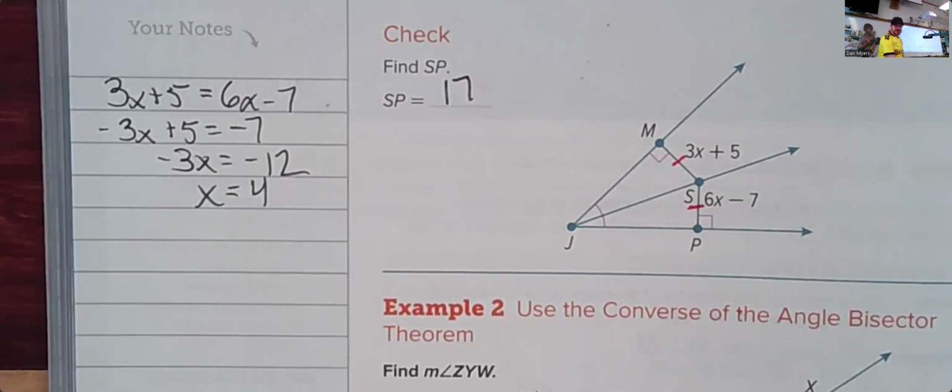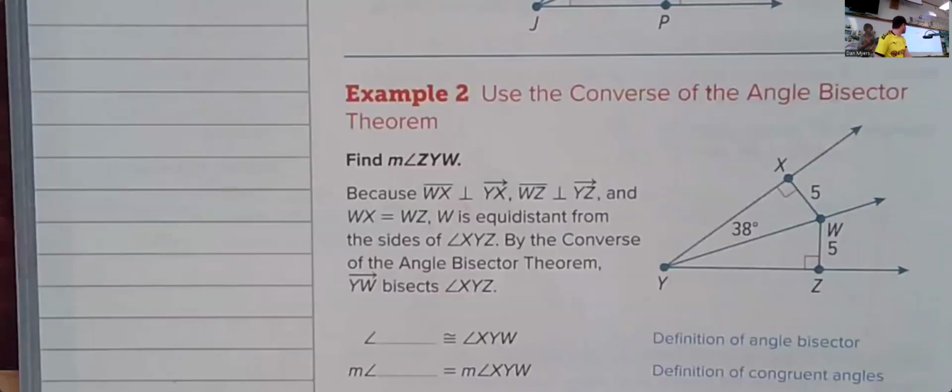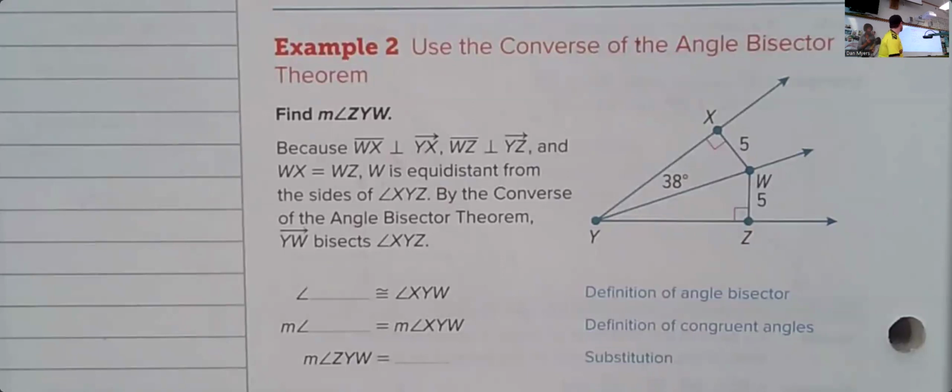Cool. Kind of going back to what I mentioned before, a lot of the math is very, very similar between different types of problems. Same type of math we did yesterday on these types of problems, with a different theorem though. Example 2. Let's move right along. Using the converse of the angle bisector theorem. So this one says,